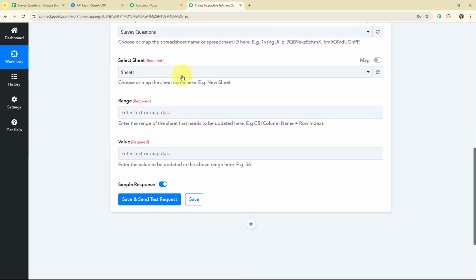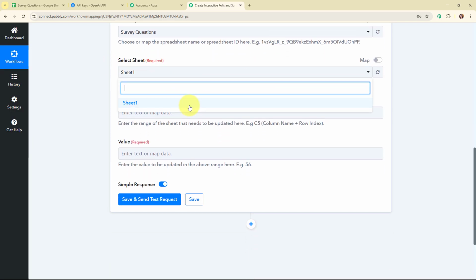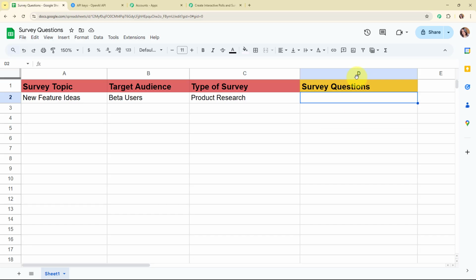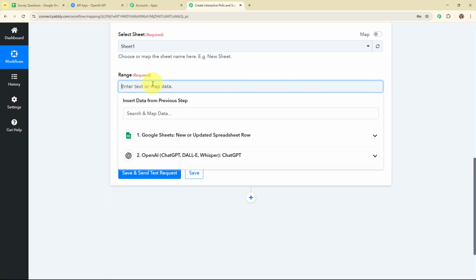And then it is asking me to select the sheet. So I'm going to select the sheet as Sheet1, and then it is asking me to enter the range. So it says enter the range of the sheet that needs to be updated here. Example C5, that is column name plus row index. So here you can see my column name is column D. So I'm going to add the column name as D, and here for the row index, I'm going to map